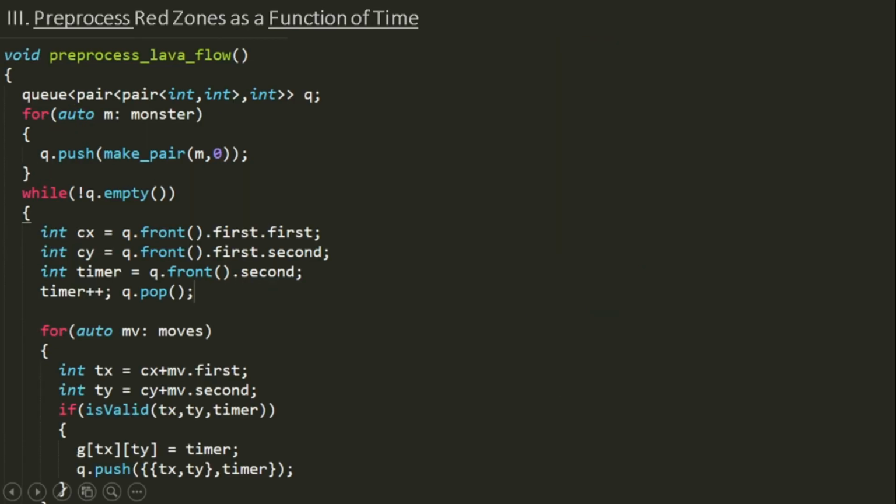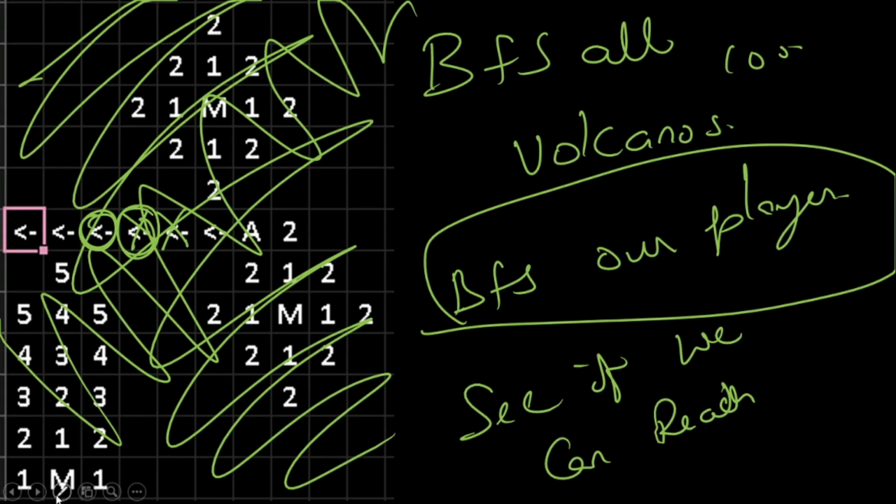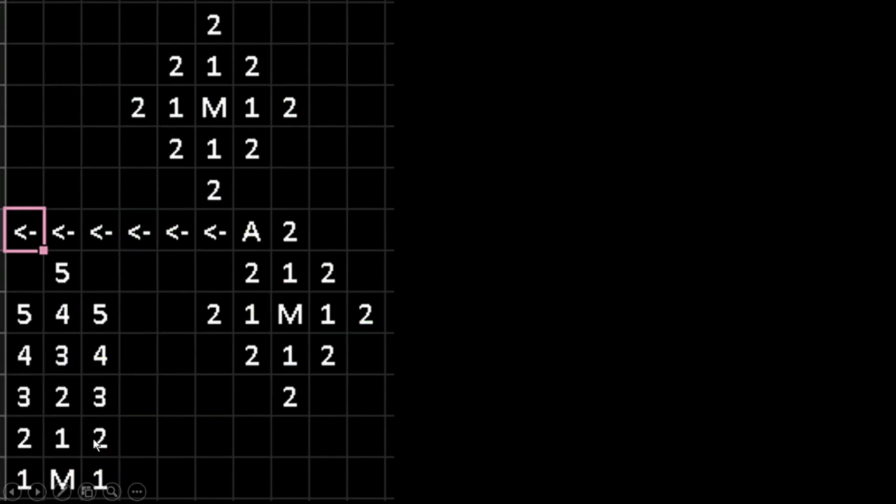Okay. Now this is where the problem actually gets very interesting. You'll see why in a second. So what we are going to do is pre-process the red zones as a function of time. What does that mean? Let me clear this up. So what I'm essentially trying to say is,